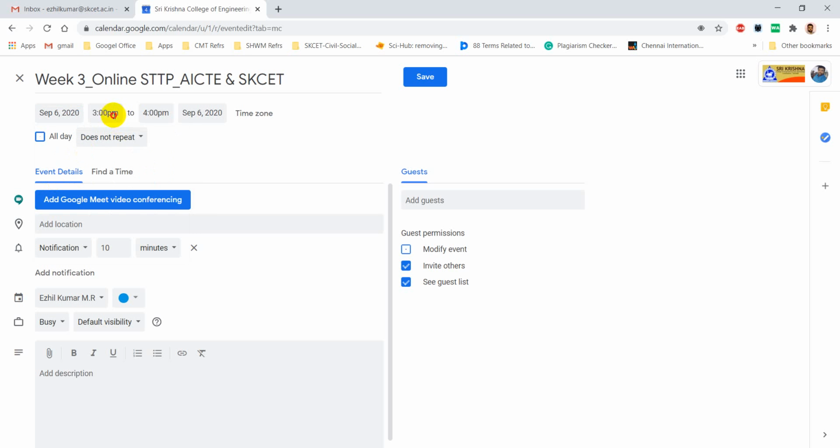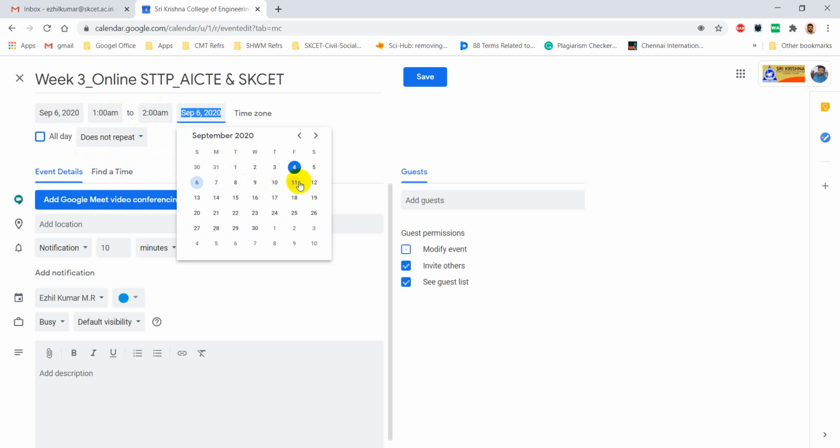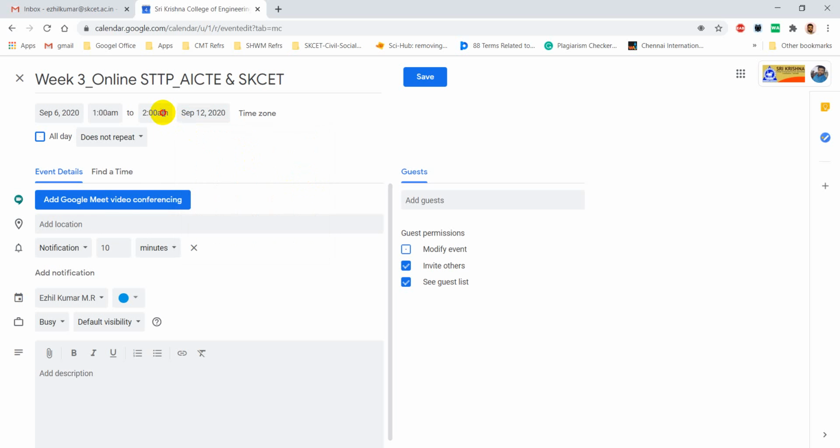So from 6th morning 1 AM, okay, and our event will stop by 11th of September, so I am extending till 12th of September, 11:30 PM. This link will be active, okay.